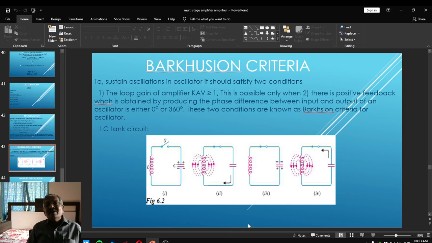Next time, we are going to couple this tank circuit with the amplifier circuitry. Coupling this circuitry with the amplifier circuitry, we are going to study 4 or 5 oscillators consecutively. One is the Hartley oscillator, the second one is the Colpitts oscillator, the third one